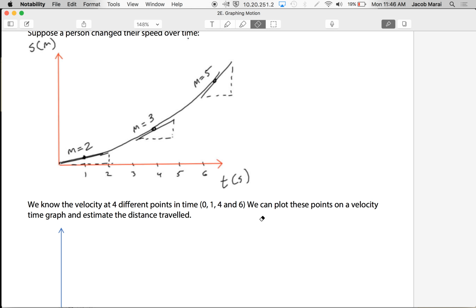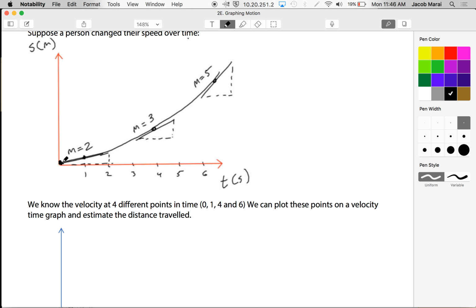But let's just imagine that we took a gradient. Now I'm going to add one more gradient to this. Could we just add the last gradient here, that at the start they were stationary? Alright. So again, they started at 0 stationary. After 1 second they were walking. After 4 seconds they were jogging. And then after 6 seconds, well, call it 6, they were